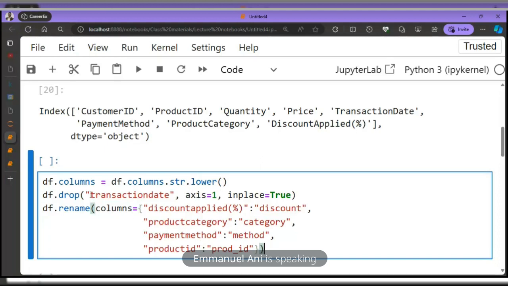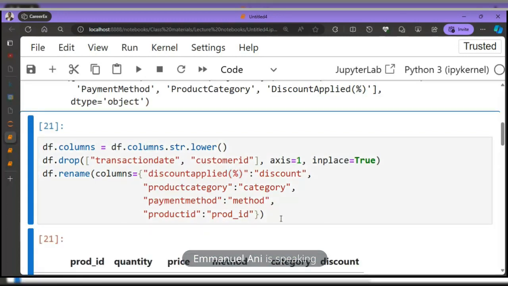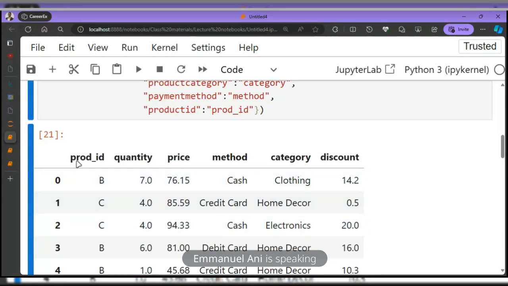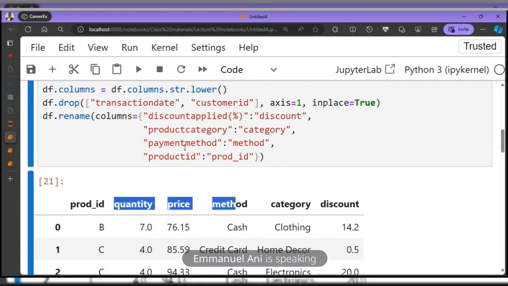So I can also drop multiple columns at the same time by passing them into a list. I want to drop the customer ID column because in machine learning, I don't need ID for anything. I'm not going to use this particular data set for machine learning, but I'll still take you through how we're going to approach it. So if I run this cell, you see that I've done a lot of cleaning there. I've changed the columns. I've renamed them, right? But something that I missed here now